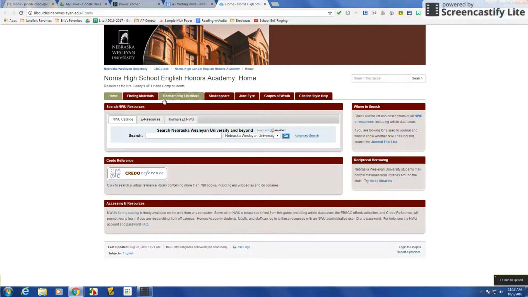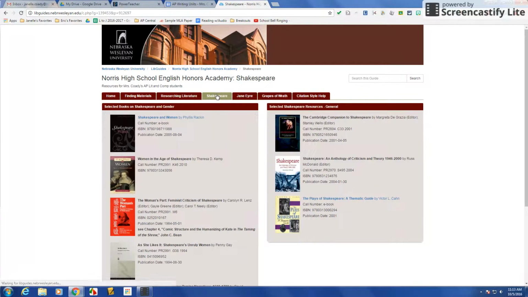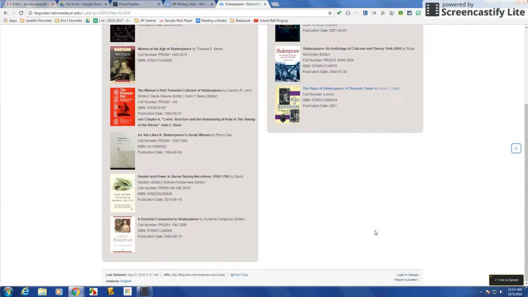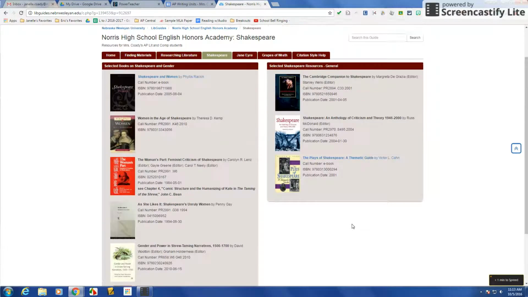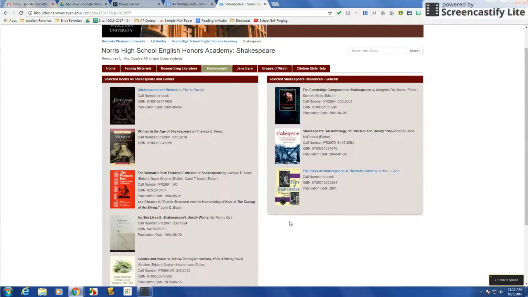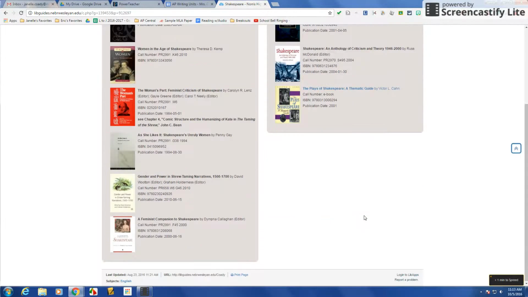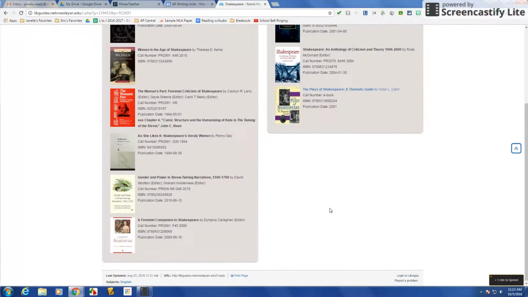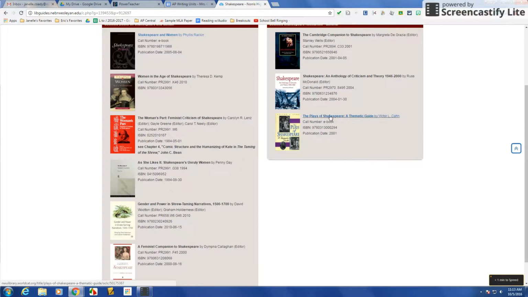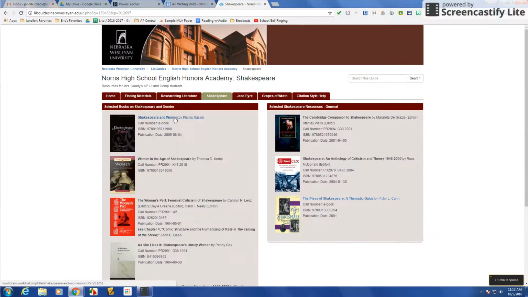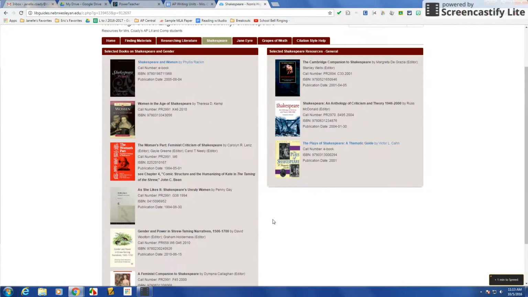Guides. Keep in mind that she, meaning the librarian at Westland, set up some items that she thought fit our topic and would be useful. Most of these are going to talk about just women in general, not particular to this play. If you see the blue ones, those are automatically linked. These others you might have to search for, or you might actually have to go to the library and get them. But if you click on the one that's a link,